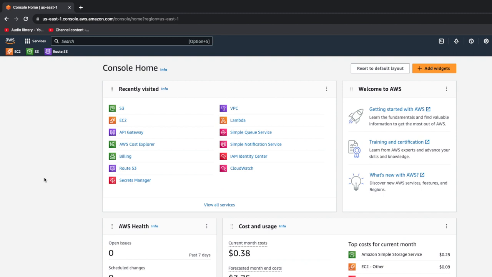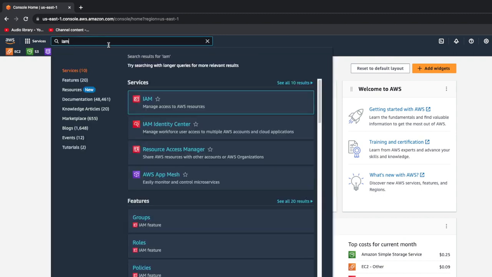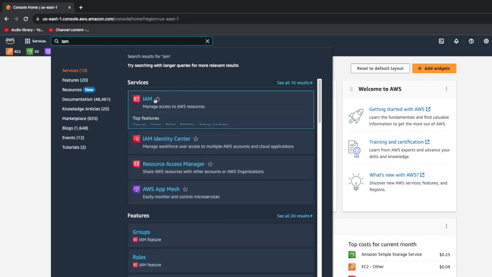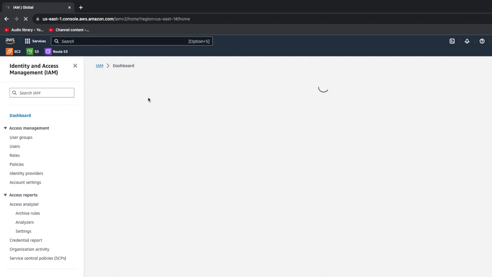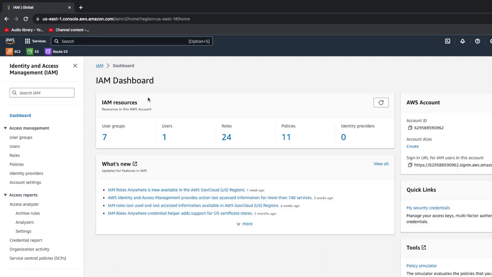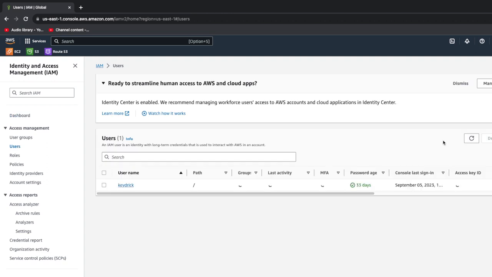So while we're here, one service you would probably be interested in, if you're bringing on, say, a new user or a new developer to your project, is IAM. It's probably going to be the first thing you want to come in and set up for that person. Typically you'll want to give whoever's going to be using the platform their own set of credentials. So in order to do that, you can just come in here and create a new user,